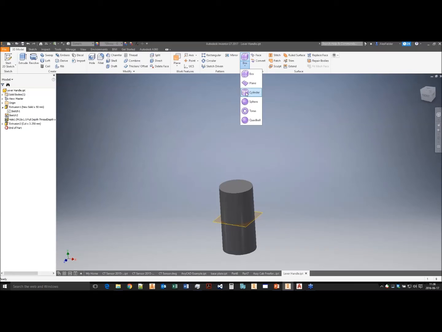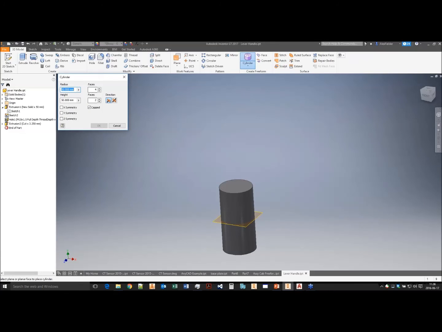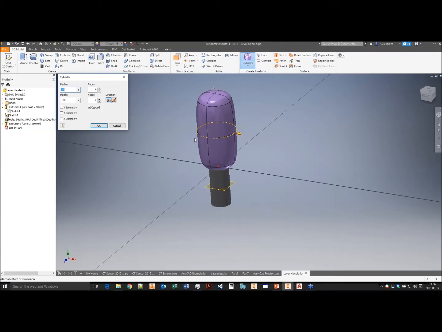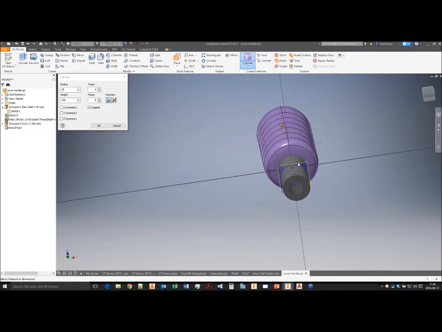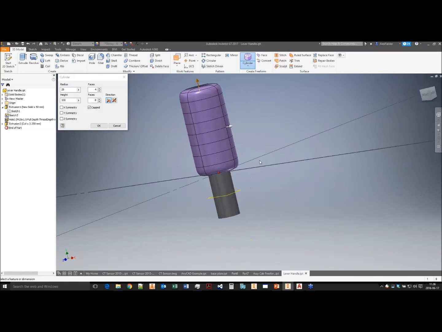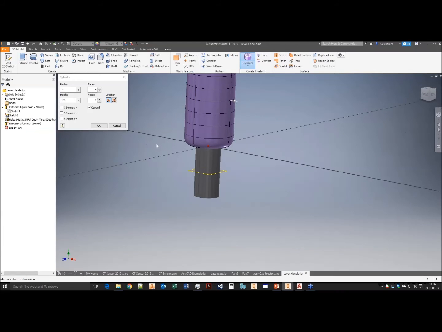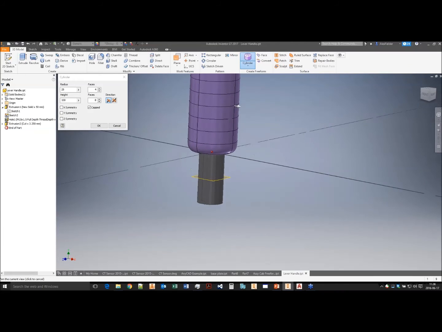So I can create a cylinder, and the radius needs to be 25. Height is, let's go with 100 to start with and see what that looks like. So I click my face, click and drag that up, and if I say that needs to have 8 faces, it makes it a much smoother shape, and it's locked to the center of that end of that bar that I just had, the simple extrusion with a hole in, and